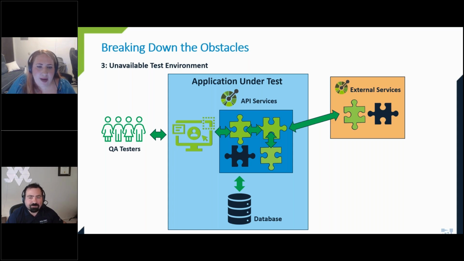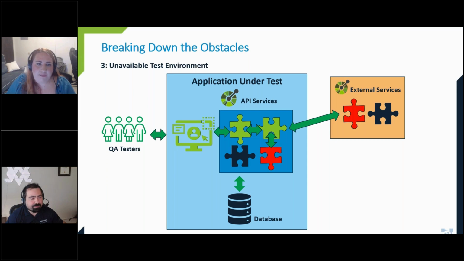However, what happens when one of the external or internal services suddenly goes down? In this scenario, there's many reasons that this endpoint could suddenly become unavailable. We just talked about the ABCs. I mean, it could be this API schema has changed. The API could just not yet be developed yet. It could be simply that they don't have access to that API when they need to test against it because it's controlled by a third party. Either way, the result is the same, and the test case fails,